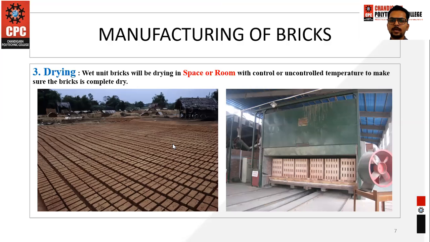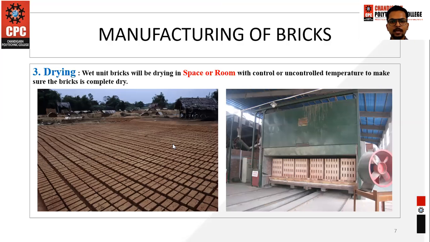तो फर्स्ट प्रोसेस आपकी जो है नेचुरल ड्राइंग. नेचुरल ड्राइंग आपकी नॉर्मल एरियाज में रहती है, आप किसी भी नॉर्मल पंजाब रीजन में किसी भी भट्टे पे चले जाओ, you will see those normal bricks are laid over the surface, those natural surface, so that for the drying part. तो उनको ड्राई करने के लिए नॉर्मल सरफेस पे we left it over for a few days and a few weeks, जब भी आपका नॉर्मल टेम्परेचर रहता है और हीटी टेम्परेचर सनी वेदर रहता है, so we left it over for drying.